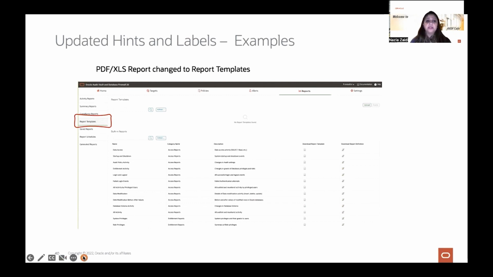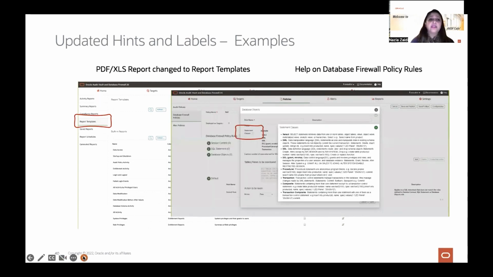One example is that for templates, we used to write PDF or XLS report, which we changed to report templates because they are actually report templates. For example, when you're defining a rule, we have added an updated help page there so that you know what exactly you need to do on your rule page.